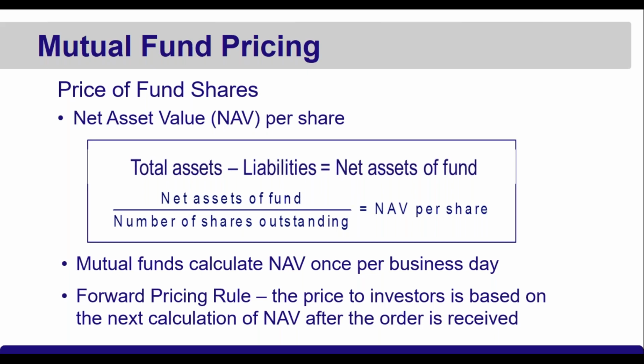On an IPO, the shares are priced, and all the shares are sold for that one offering price. But with a traditional type of company, or a closed-end fund, at some point they run out of shares. While they were doing the offering, all the shares were sold at the same price. Well, a mutual fund, an open-end fund, couldn't set a price for the shares and leave it at that price forever and ever, because that wouldn't make any sense. So what happens with a mutual fund is that the NAV, net asset